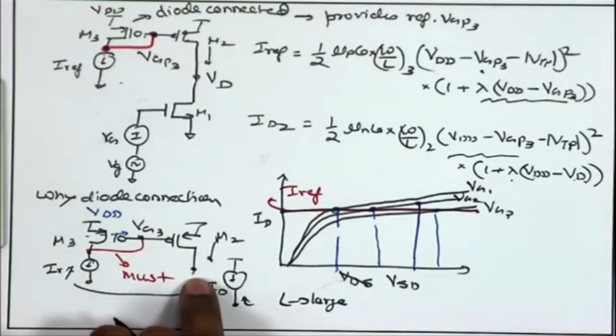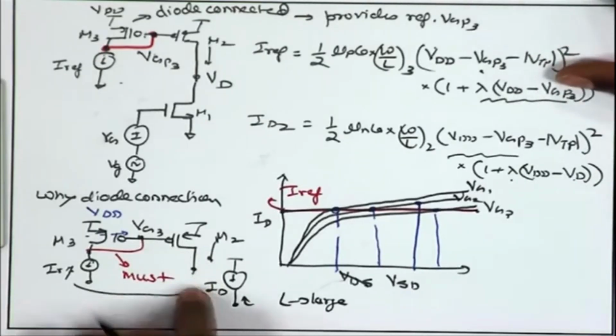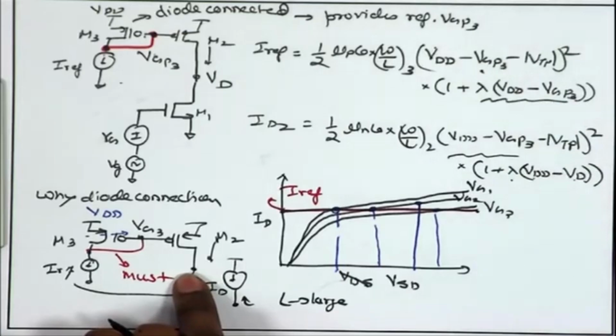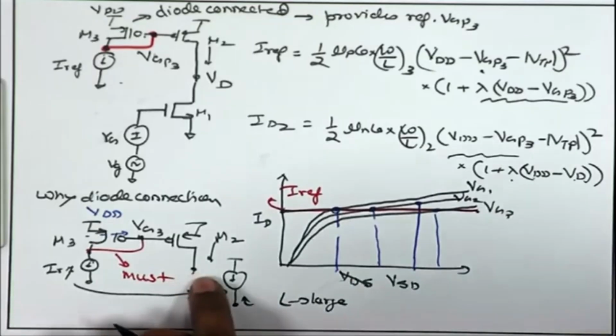So, later we will discuss some techniques where we can have even better small signal output impedance, even flatter curves without increasing the L. That is the concept of cascode current mirror. Probably we will look into it today if time permits. Another important point that I would like to